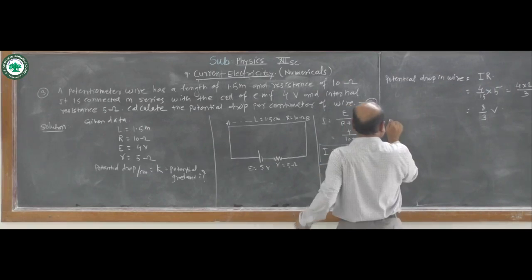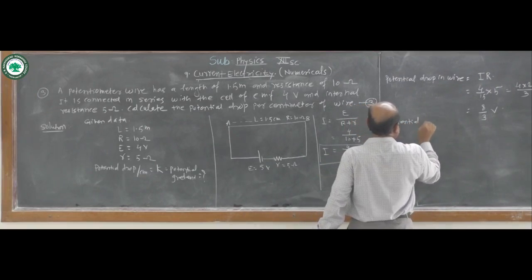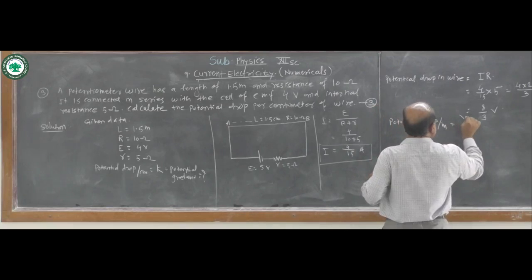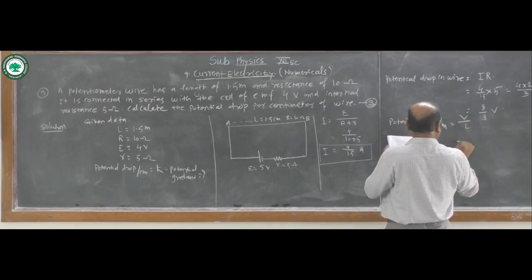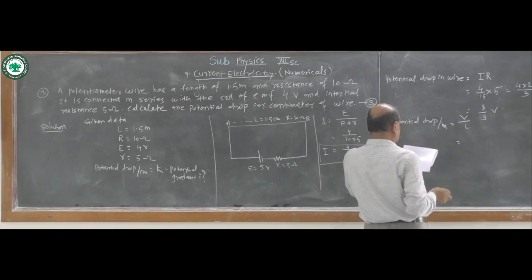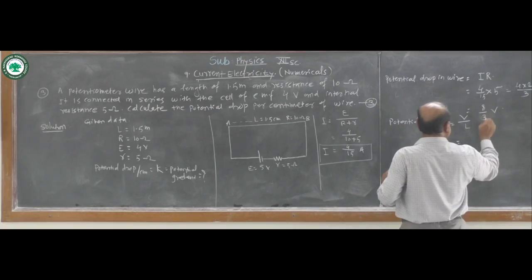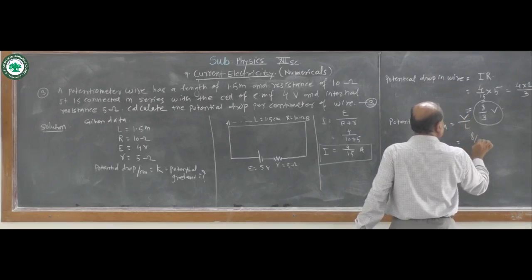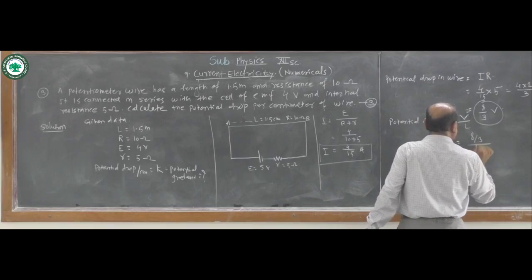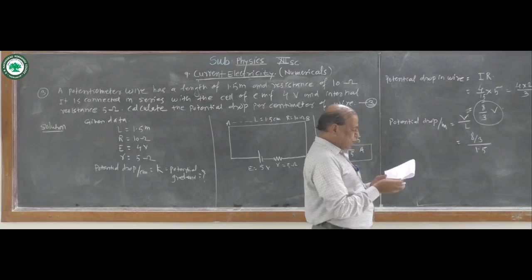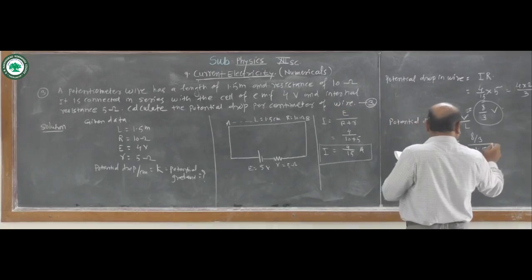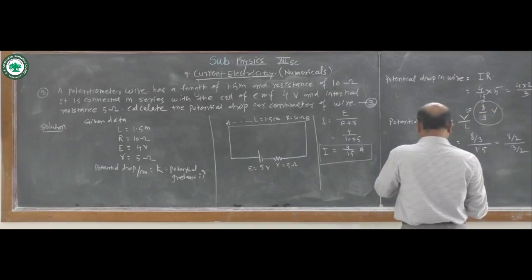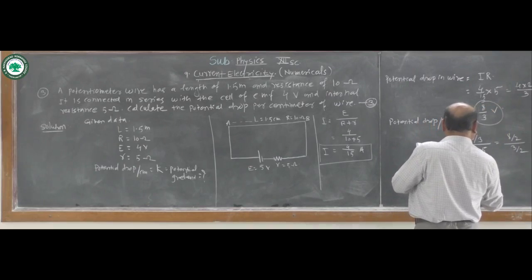Now potential drop per meter will be phi divided by L. Phi means the potential drop in wire, this value, 8 by 3, divided by length 1.5. That answer comes to be 16 by 9